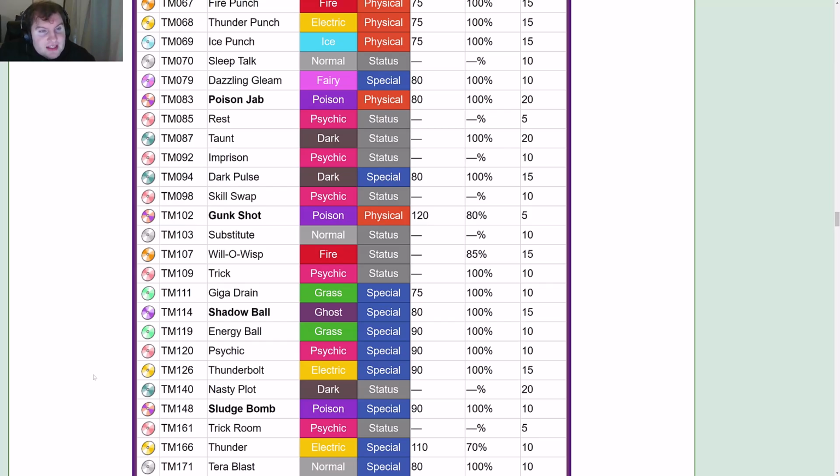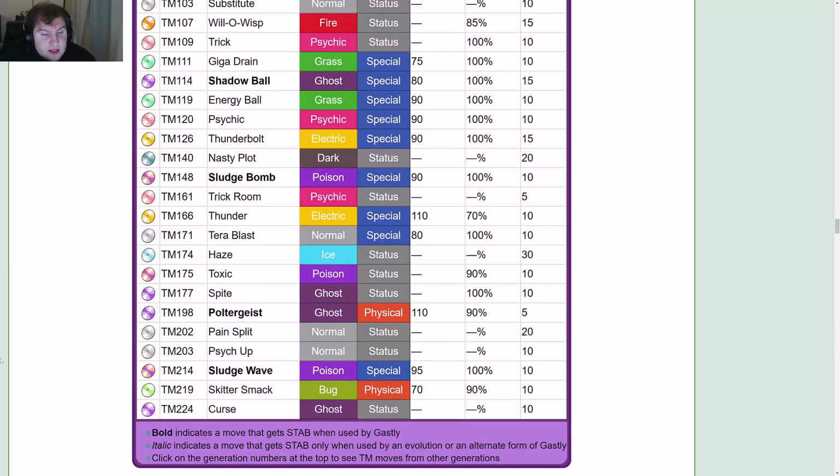Jab, 85 Rest, 87 Taunt, 92 Imprison, 94 Dark Pulse, 98 Skill Swap, 102 Gunk Shot, 103 Substitute, 107 Will-O-Wisp, 109 Trick, 111 Giga Drain, 114 Shadow Ball, 119 Energy Ball, 120 Psychic, 126 Thunderbolt, 140 Nasty Plot, 148 Sludge Bomb, 161 Trick Room, 166 Thunder, 171 Terra Blast, 174 Haze, 175 Toxic, 177 Spite, 198 Poltergeist, 202 Pain Split,